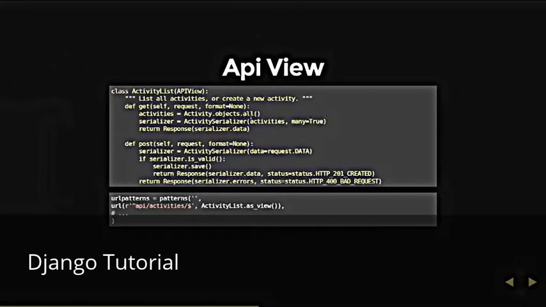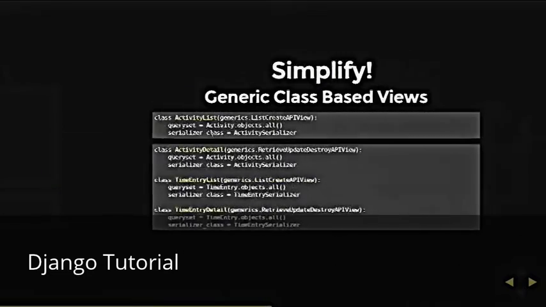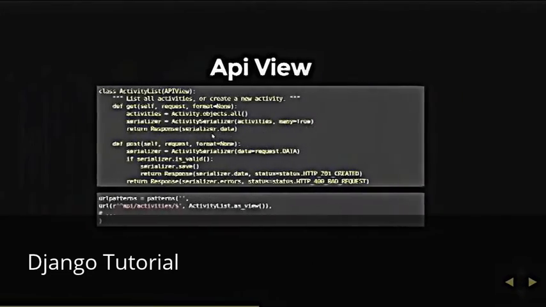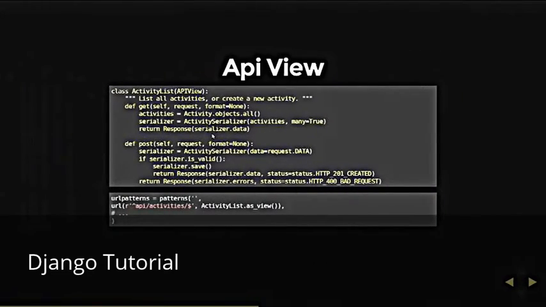And the code is really, really easy to understand. Here we have the query set to retrieve all the activities. We serialize the query set and return the serialized response. And of course, this is boilerplate code, so you have to repeat this code